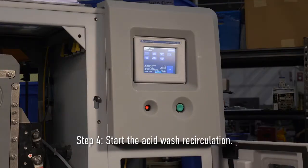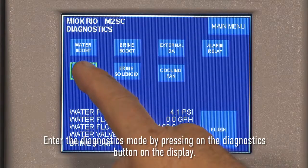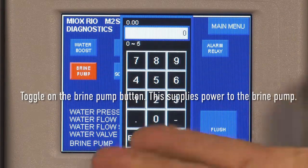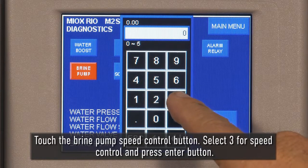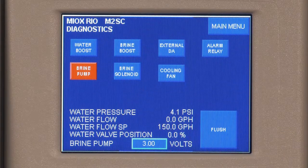Step 4 is starting the acid washing recirculation. Enter diagnostics mode by pressing on the diagnostics button on the display. Toggle on the brine pump. This supplies power to the brine pump. Touch the brine pump speed control button. A pop-up will appear. Select 3 for speed control, then push the enter arrow on the bottom right corner of